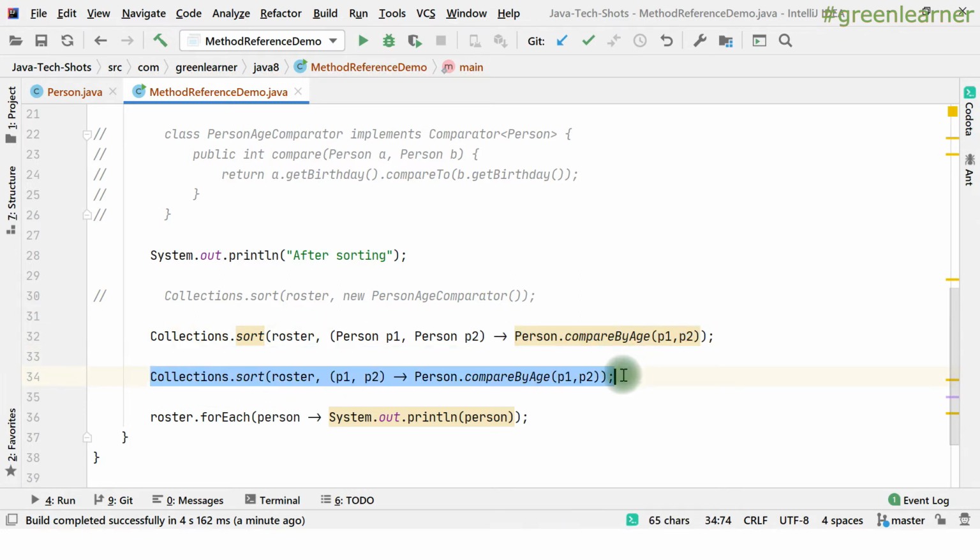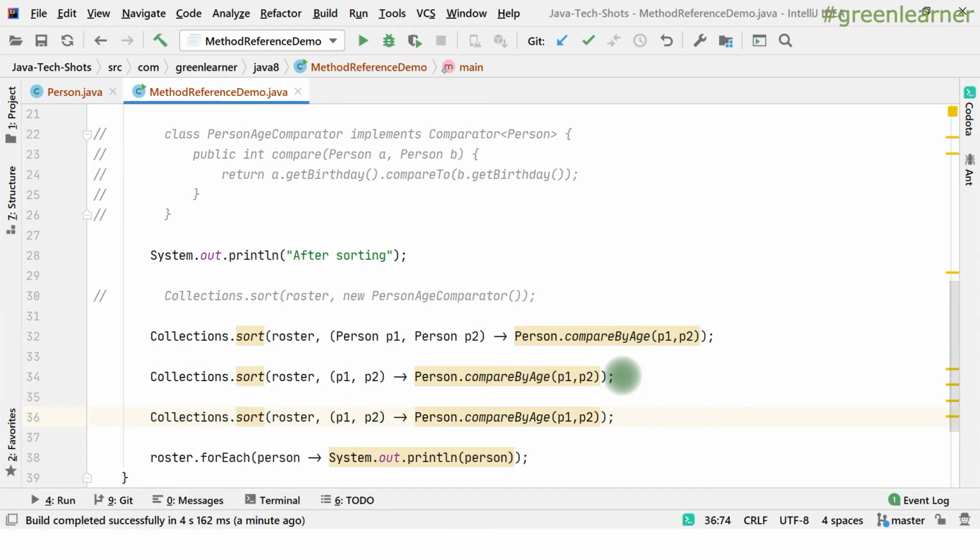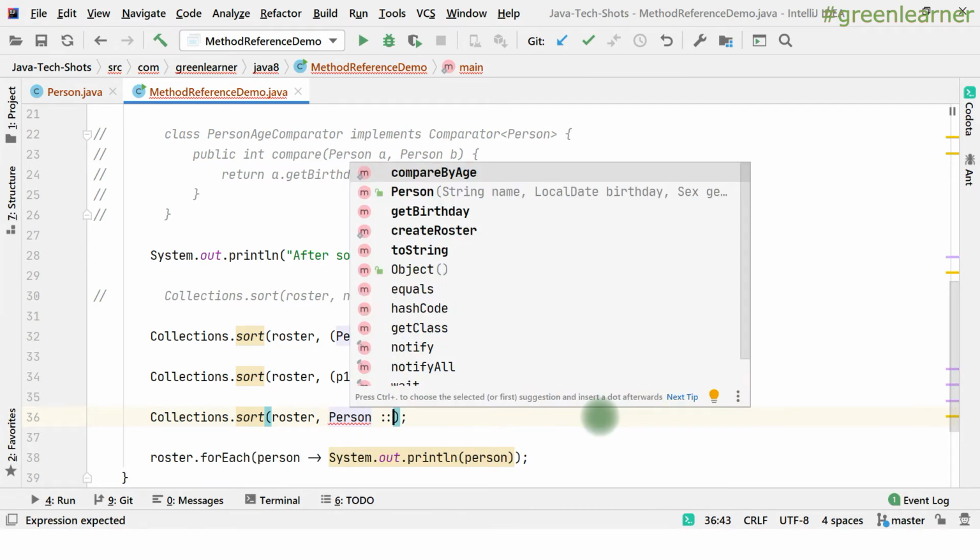Now method reference comes into the picture. As I told you, when a lambda expression uses an already defined method, we can use the method reference. Just remove this, write the Person class, and the double colon is the symbol for the method reference. It automatically gives you suggestions for what you can call here.